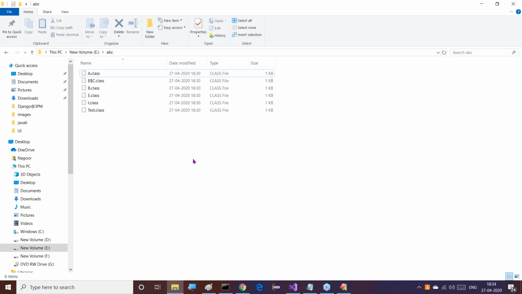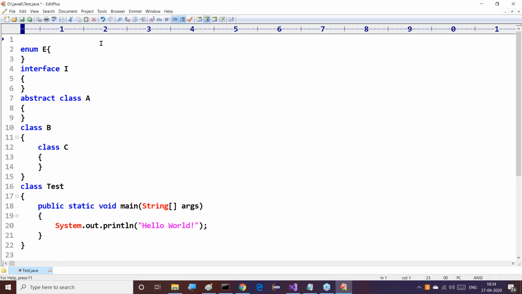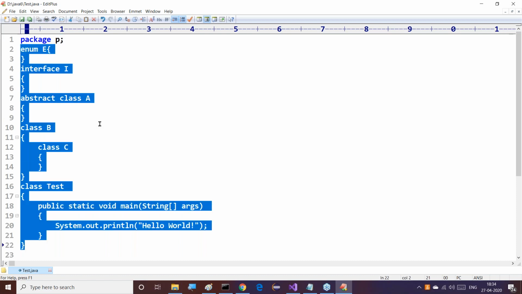I want to remove all the files in :/abc here. Now in this example, in the present Java file, what I want to do is first of all add package p. That's it. All of you observe this clearly. When I use package p, what is the meaning of specifying it in our Java program? When I compile this Java file, we have to create a folder with the name p. Inside this folder, all the compiled .class files must be saved.